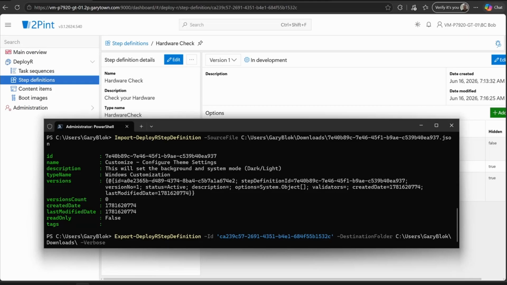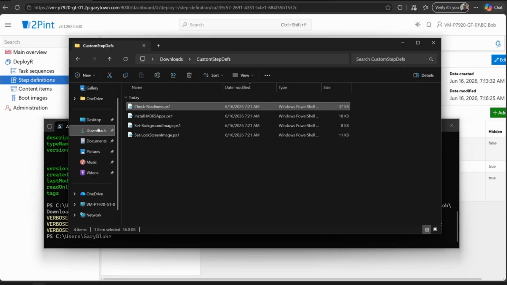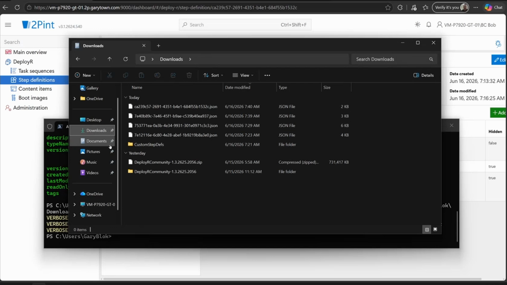And is there anything else? Remote, sure, let's do that. All right, so it went ahead and connected, grab that step definition in my downloads and there it is. So if we open that in Notepad,